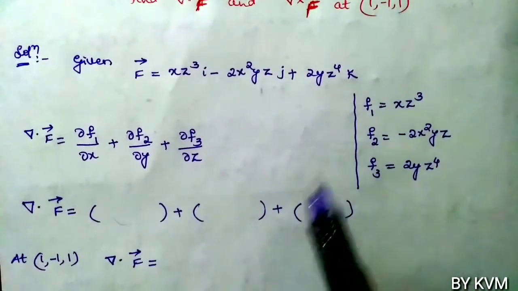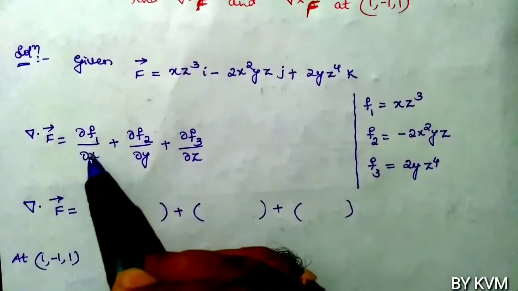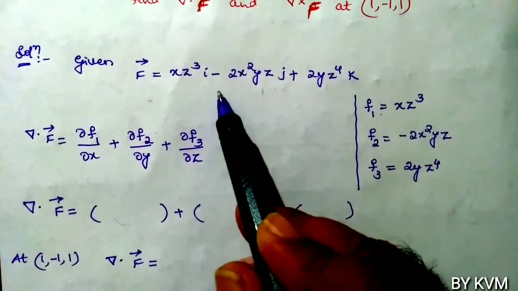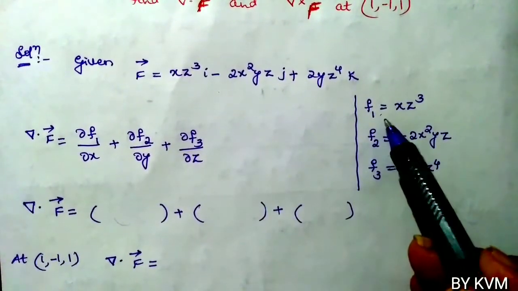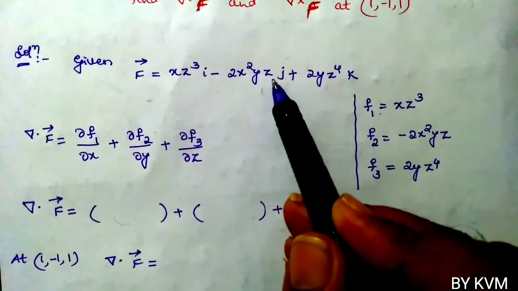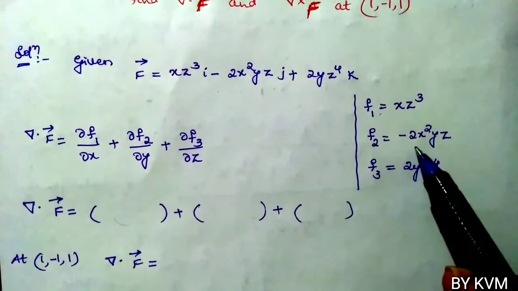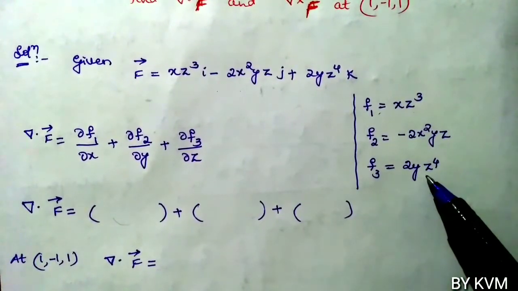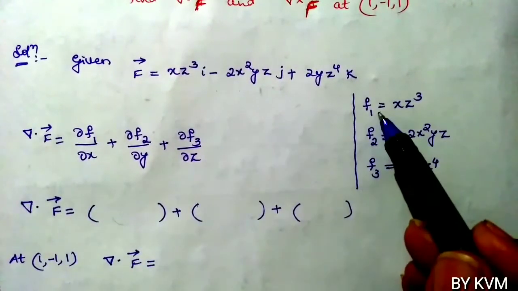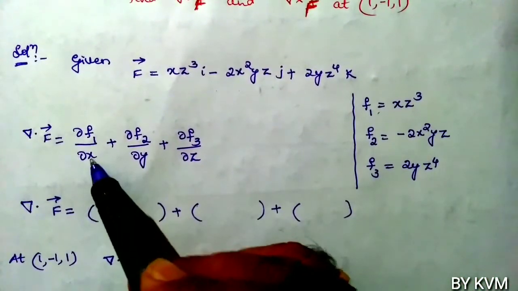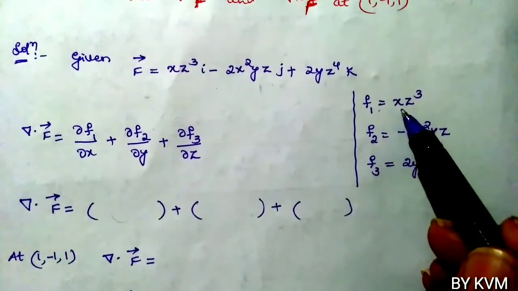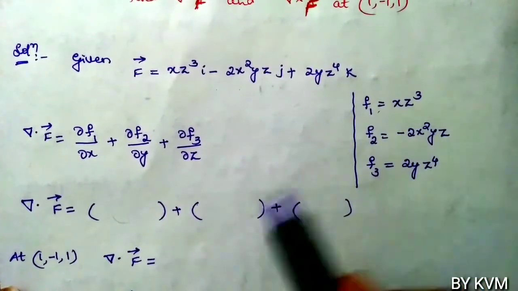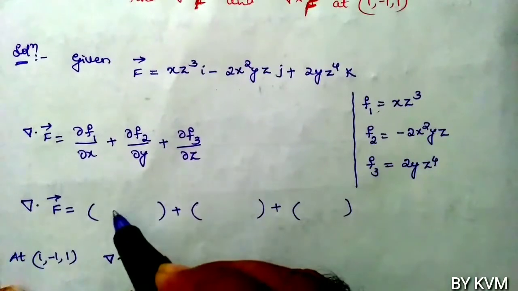Now we know divergence of vector f is ∂f1/∂x plus ∂f2/∂y plus ∂f3/∂z. So here in this vector, coefficient of i we take as f1, that is x z cube. Coefficient of j we take as f2, so f2 is minus 2x square y z. Coefficient of k, that is f3, is 2y z power 4. Now differentiate f1 partially with respect to x, that is ∂f1/∂x. We differentiate only x, and y and z are constants. So derivative of x z cube is z cube